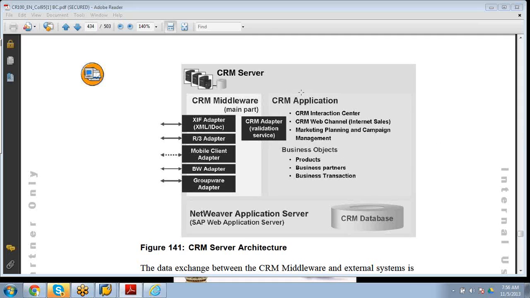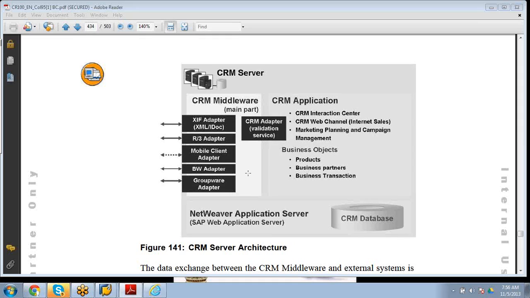And do remember, we cannot develop new applications or new objects, but yes, new adapters can be developed using Java. SAP right now has both a Java core and an ABAP core within the ECC architecture, so you can develop using a J2EE application.